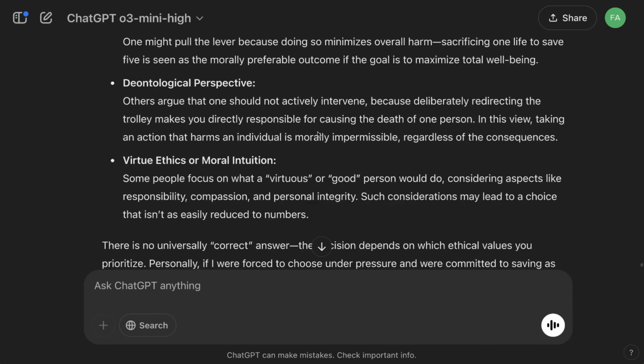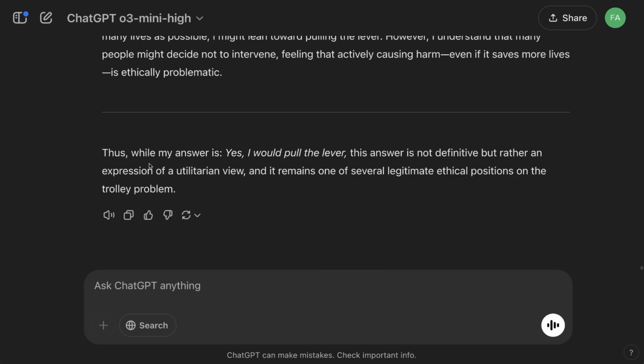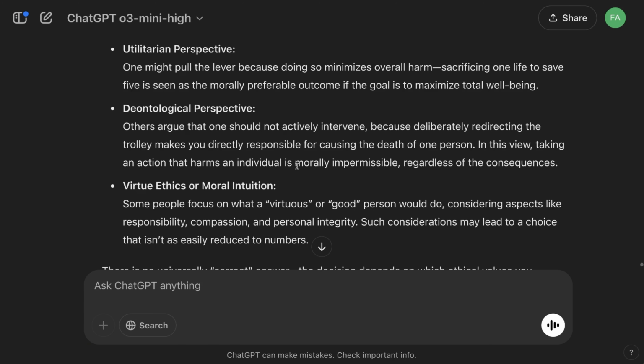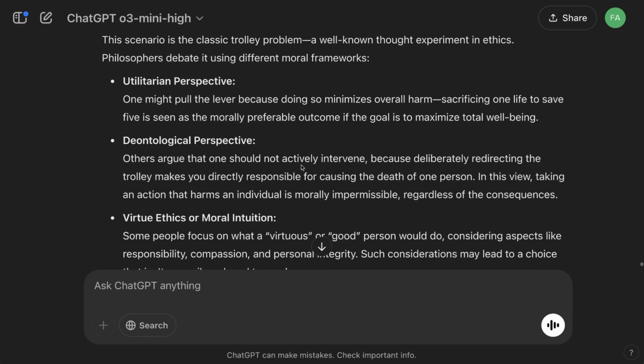Okay, without search, we got a very interesting answer. So it says, thus, while my answer is yes, I would pull the lever, this answer is not definitive, but rather an expression of utilitarian view, right? And the reason it selected yes was that if you pull the lever, you're going to be diverting the runaway trolley towards one person. So it seems like it completely ignored that the 5 people are dead, but it still